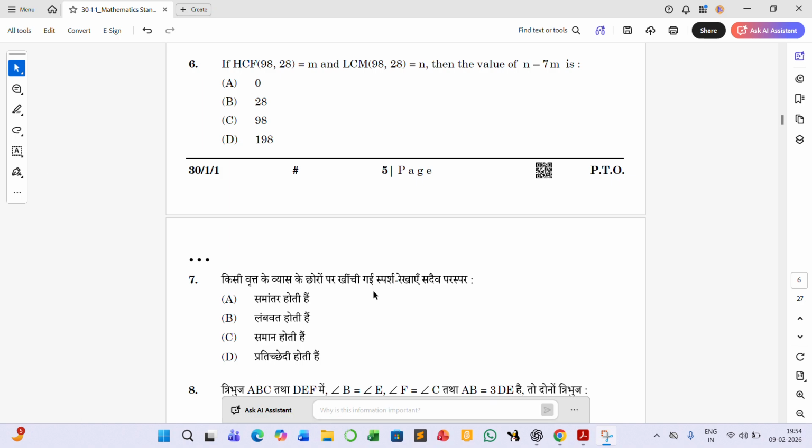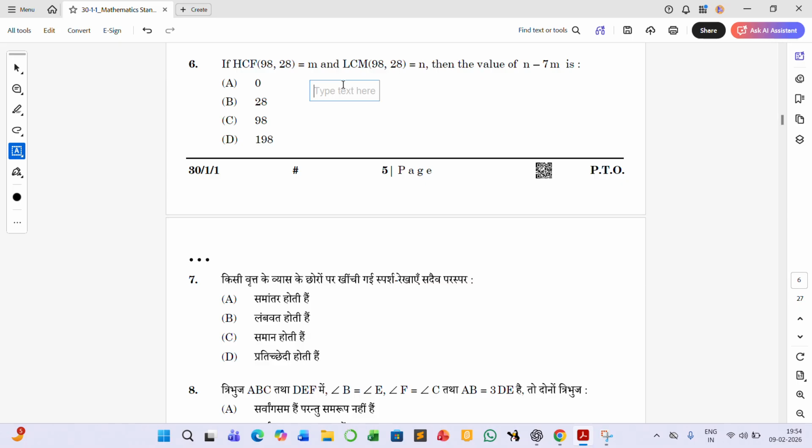Everyone, this is part 2 of CBSE 2020-25 Mathematics Standard Paper Solving, and now we are going to continue with our session. So here comes the sixth question. We have already solved five questions, so now here's the sixth question. Okay, let's start. If HCF of 98 and